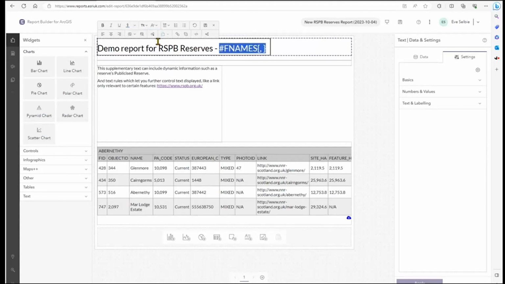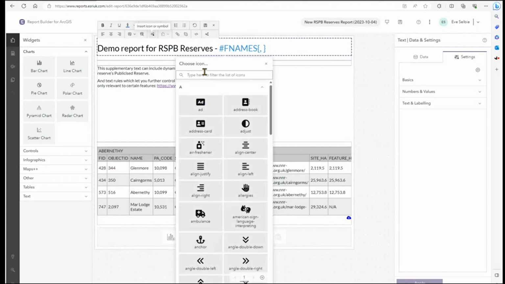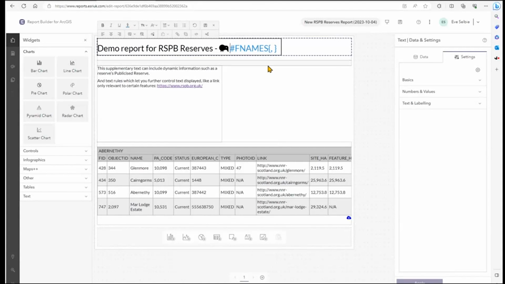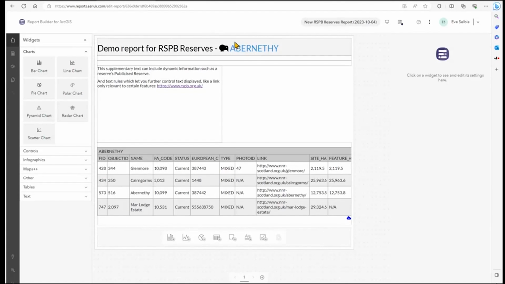In this case, I'm going to give it a funky color. And I quite liked the otter icon that was in the previous one. So we're going to go for something a bit more representative of birds, though I don't know how many kiwi birds we have in the UK. Now that we have a title, we can save it, and you can see how this now reflects this specific